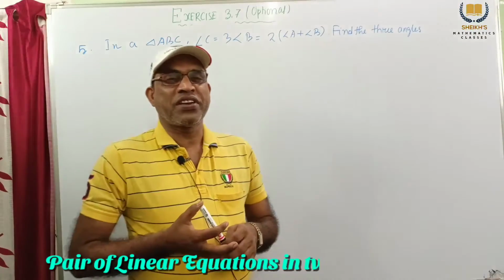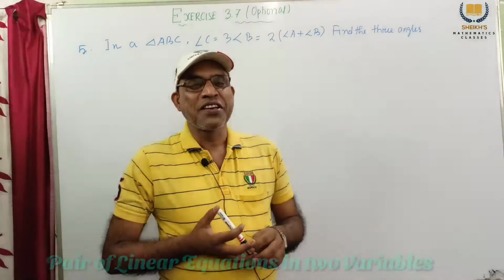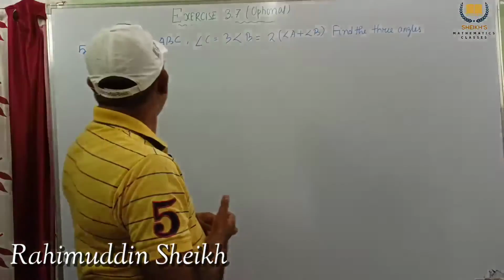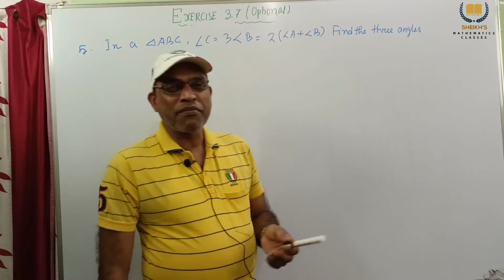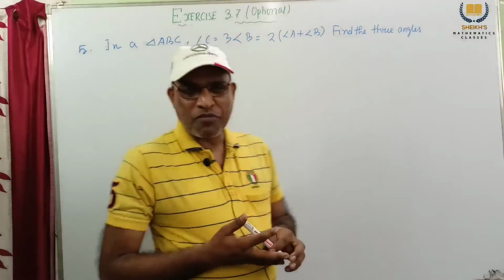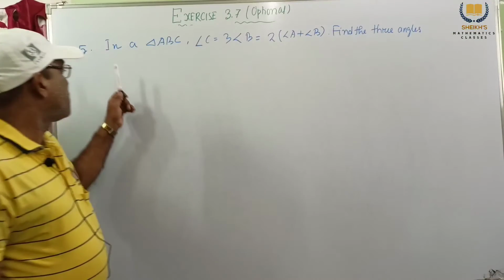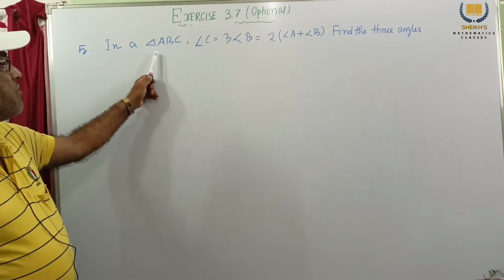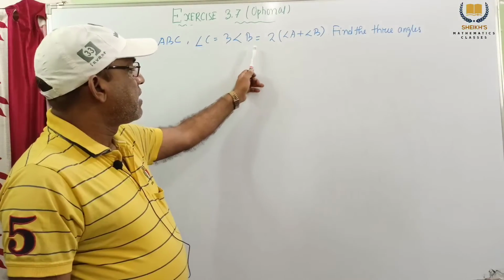Dear students, today we want to discuss exercise 3.7, problem number 5. Very interesting and very easy problem. No one can say this problem will be difficult. Problem is very easy. So, in a triangle ABC, angle C equal to 3 times of angle B equal to